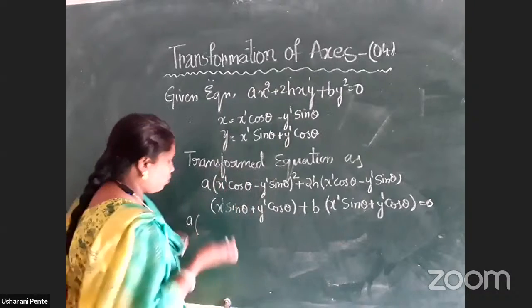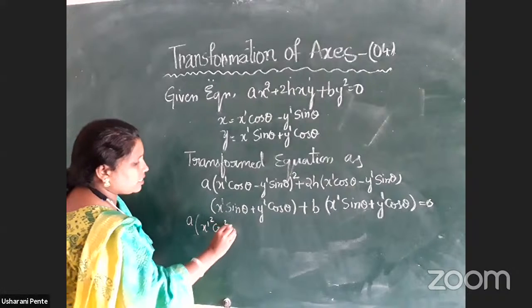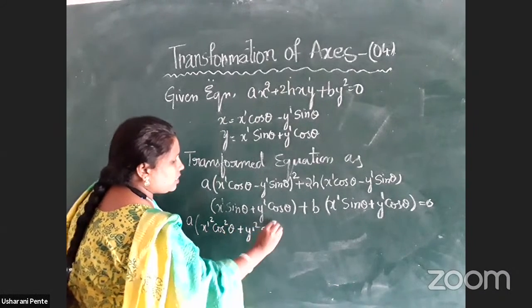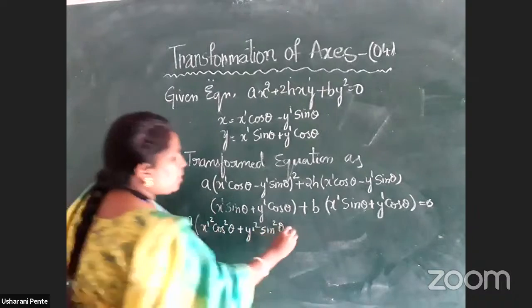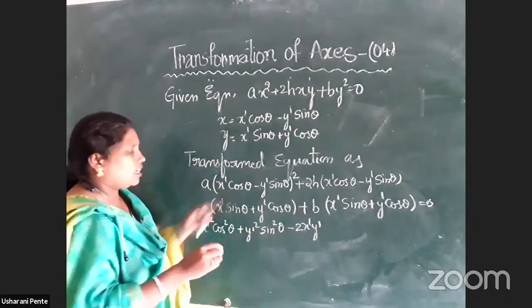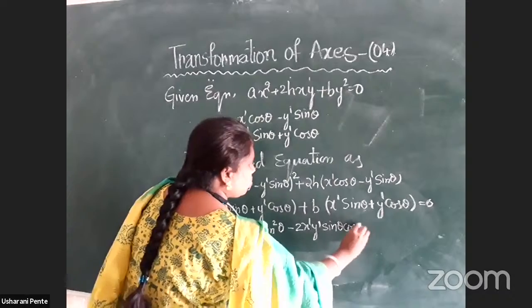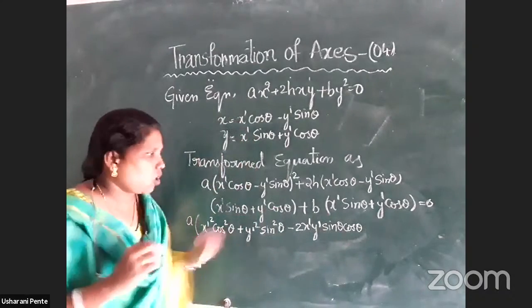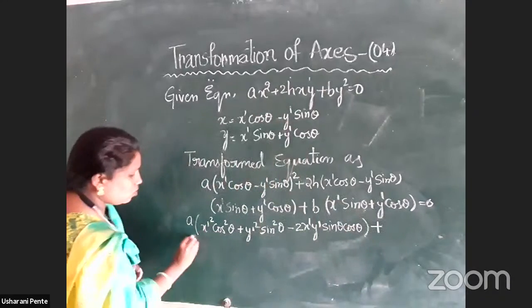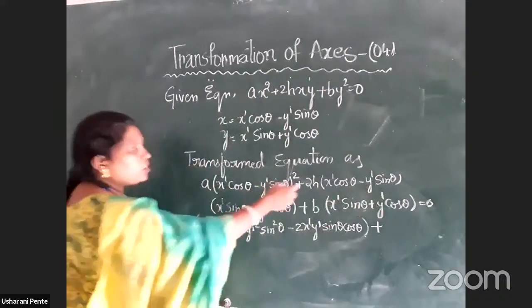Now applying the formula, that is x dash square cos square theta plus y dash square sin square theta minus 2x dash y dash sin theta cos theta